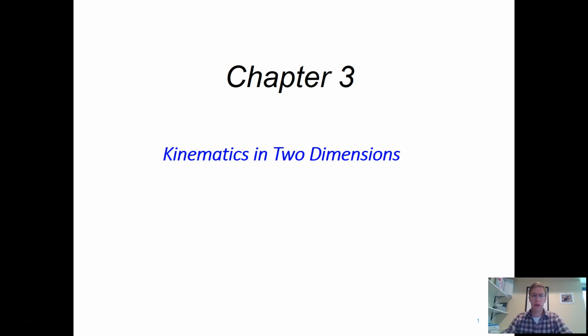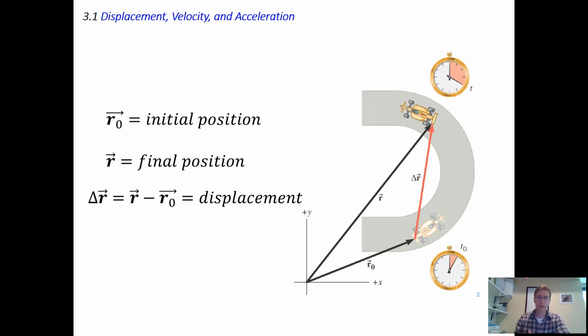We're going to jump in and continue with chapter 3. We're now going to apply the things we just learned about kinematics and motion to things that are moving in more than one dimension. So no longer are we just moving in a straight line horizontally or vertically, but rather now we can have horizontal and vertical motion together, and we'll see how that works. Much of what we're going to see is very similar to the things that we already discussed in the last